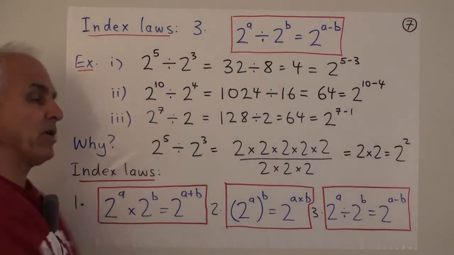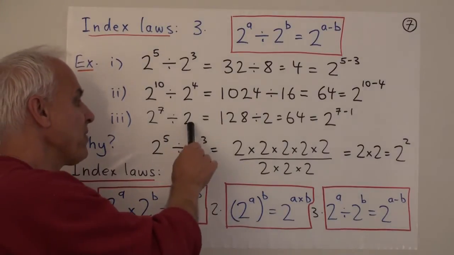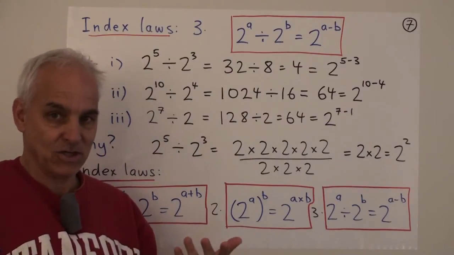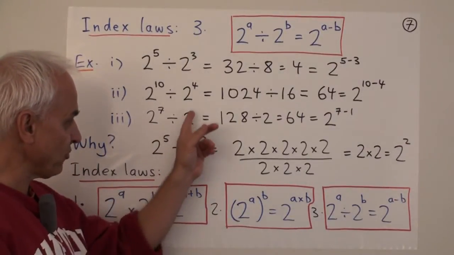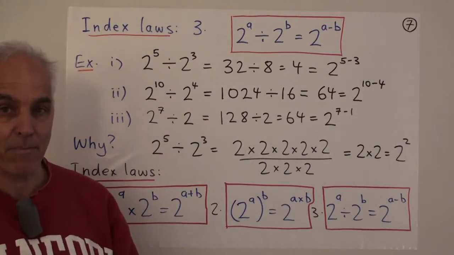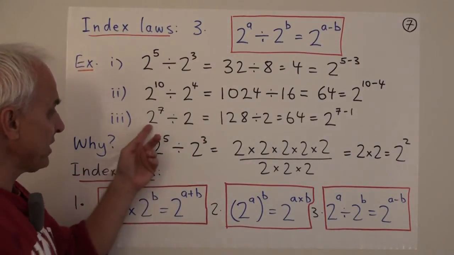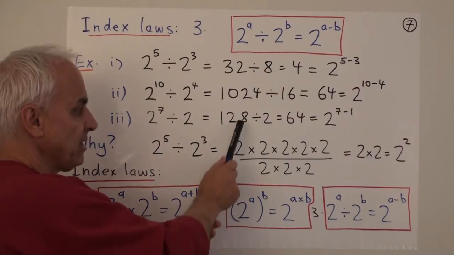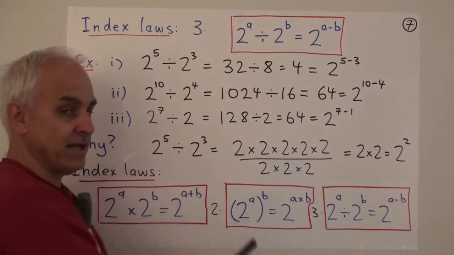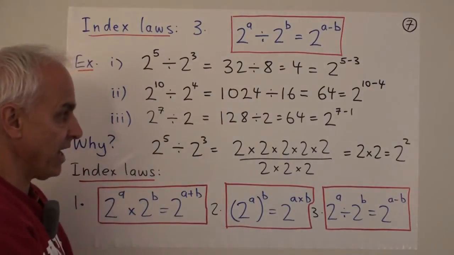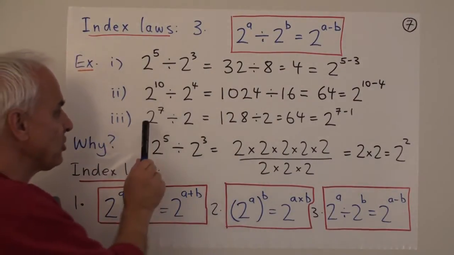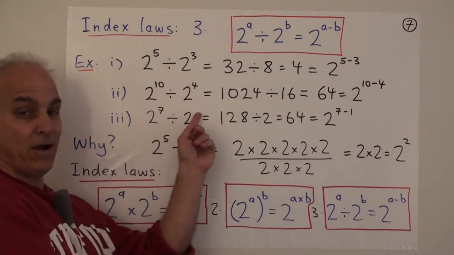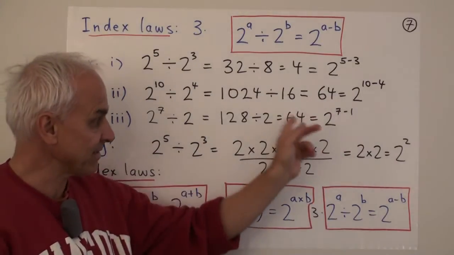How about 2 to the 7th divided by 2? Well, remember that 2 is the same as 2 to the 1. But we don't need to put the 1 up there because 2 to the 1 is just 2. Nevertheless, you should remember that there's possibly a thinking of an exponent being 1 up there. 2 to the 7th is 128. Divided by 2, actually easy to see what that is. 8 divided by 2 is 4, and 12 divided by 2 is 6. So 128 divided by 2 is 64, which is again 2 to the 6th. And yes, that's the same as 2 to the 7th minus 1. The exponent here is 7, the exponent here is 1. We're taking the difference. We're getting 2 to the 6th.